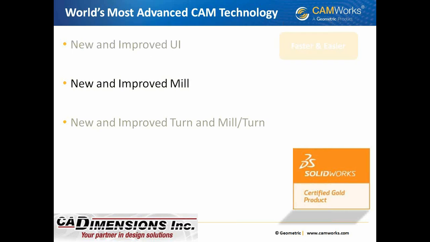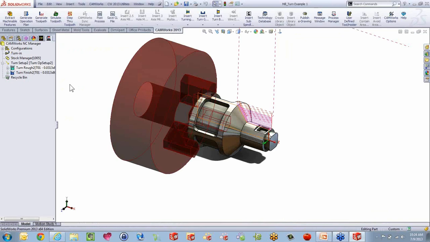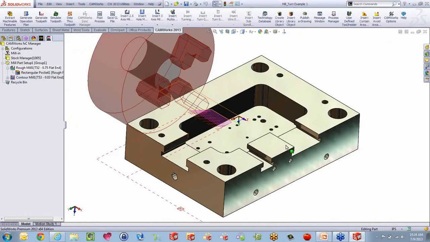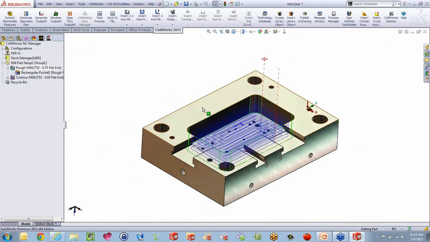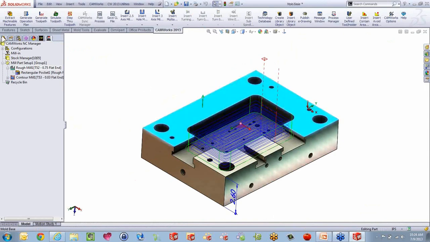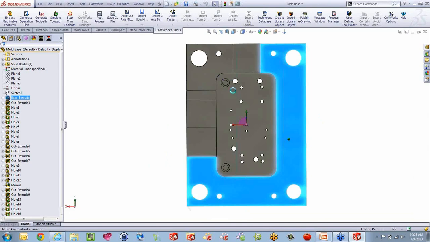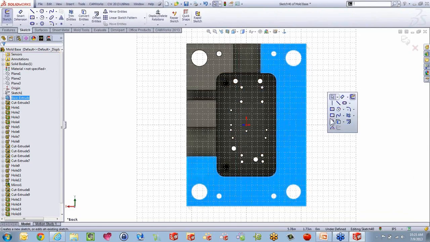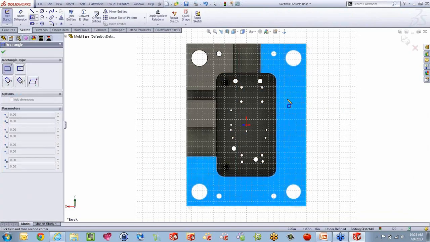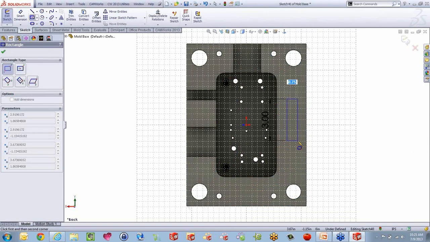The next thing I wanted to talk about is a few of the things on the milling side that have been added. So let me jump back into SolidWorks and back to that file we had before. Now let me just create a little slot here. I'm going to go over on the SolidWorks side and open up a new sketch. Let me just press the S key so we get the little menu up here. Try to be a little efficient. I'm going to make this one 3 inches long,